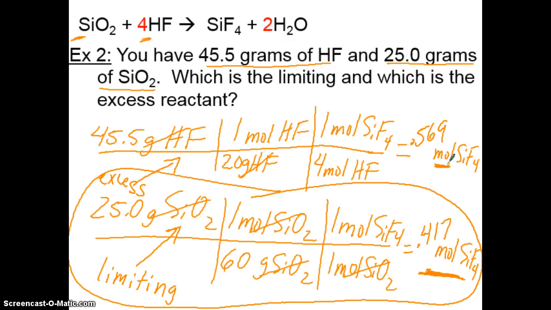But we can also do more with this 0.417 moles. Since we know that that is the actual number that's going to happen, we can change this into how many moles of water we would need to produce that amount. We could change that to how many moles of HF we would actually need to produce this amount. So once you find out the limiting number, that's what's actually going to get used. You can change it to any one of the chemicals in the balanced equation. So hopefully you can see how limiting and excess is a very practical use for all sorts of chemistry processes,